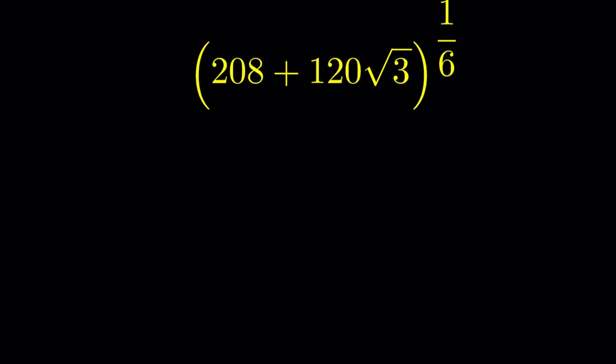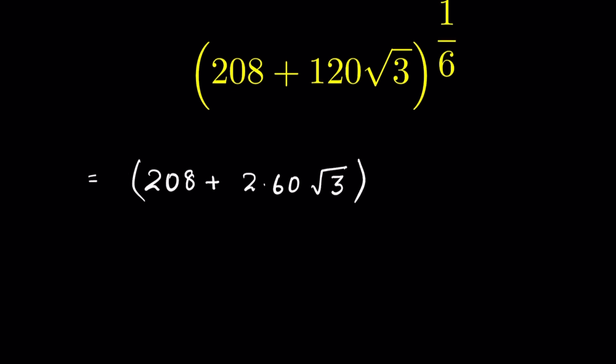208 plus 120 times square root of 3, whole raised to the power of 1 upon 6. How do we evaluate without using a calculator? Let's try. So 208 plus 120, we can write it as 2 times 60, then times square root of 3,